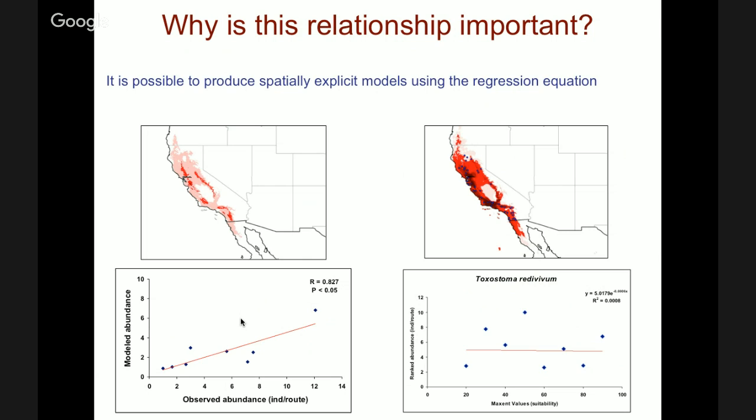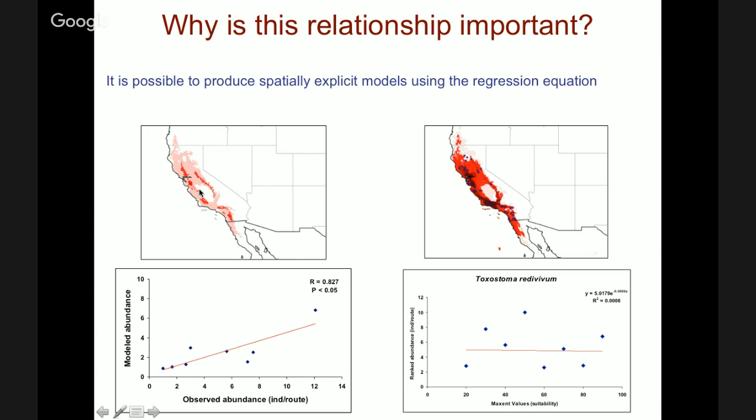Now, why is this relationship important? Well, if this relationship between the distance to the niche centroid and abundance holds across different species, different taxonomic groups, then we have a tool to map the distribution of abundance using only presence data. This is, in this slide, you can see